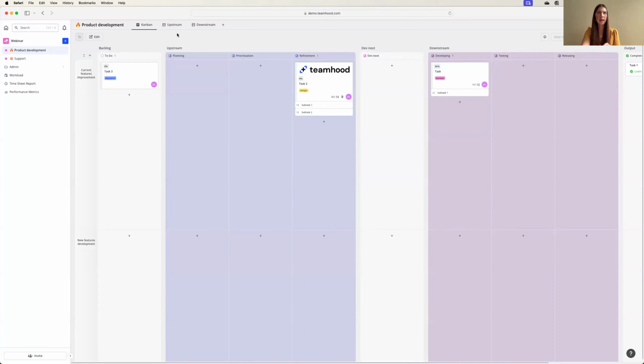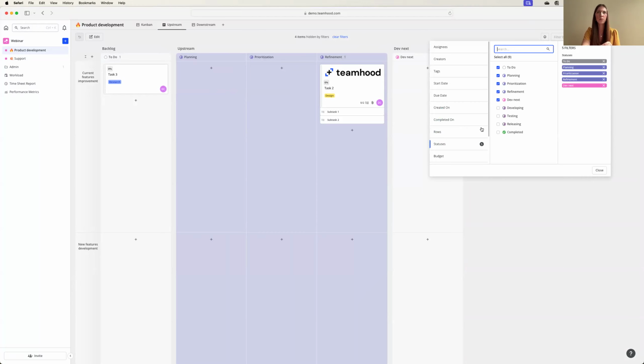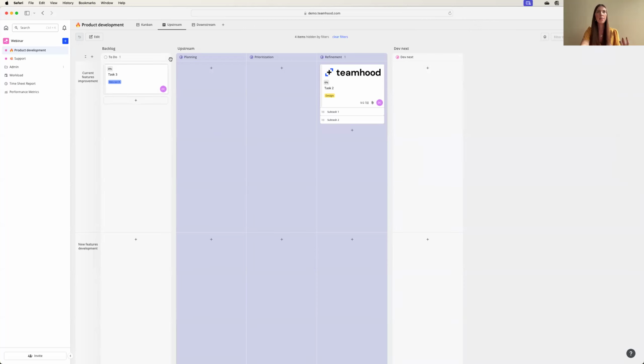What I did here is I filtered upstream processes. So I chose to filter only the statuses that are relevant for the upstream processes, so only something where the product team is going to be involved. And I saved it as a custom view. The next time the product team wants to focus deeply only on their work, they can shift to this custom view